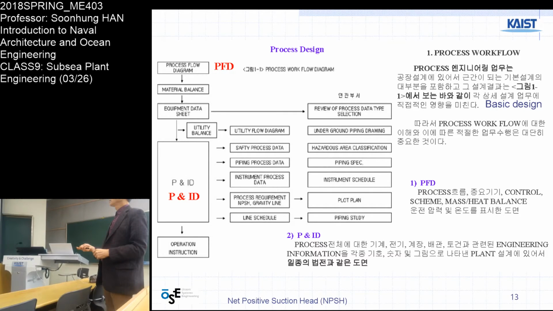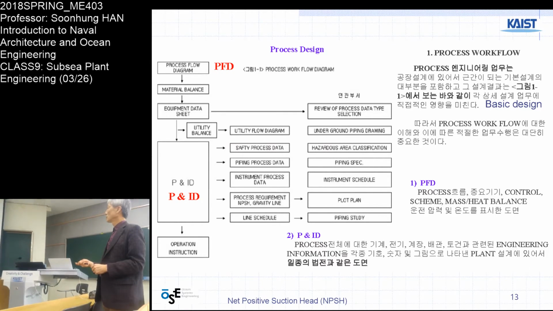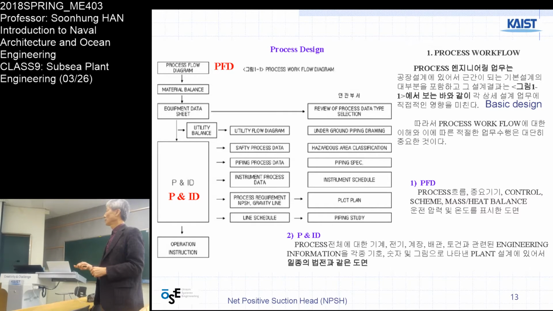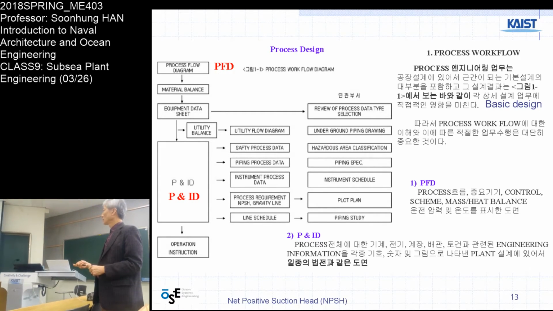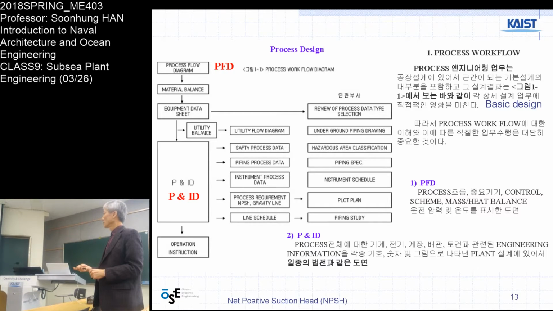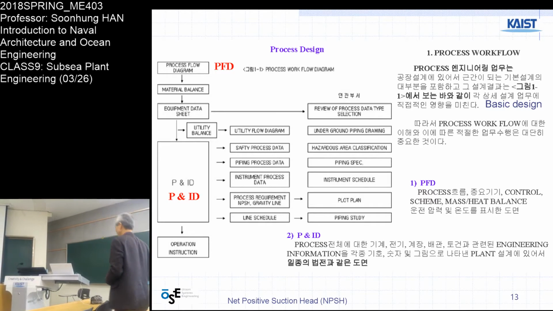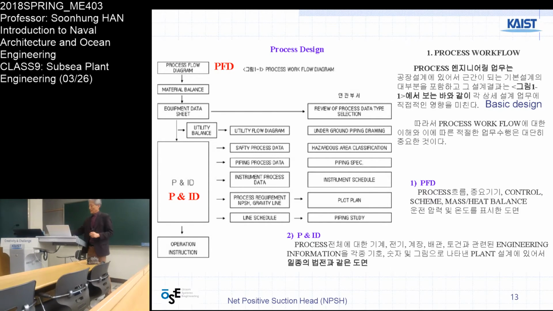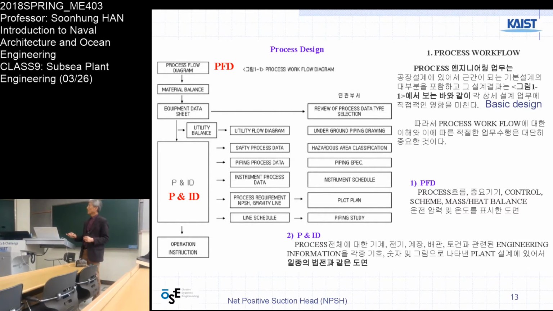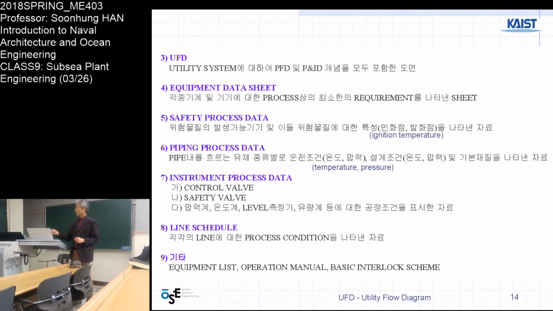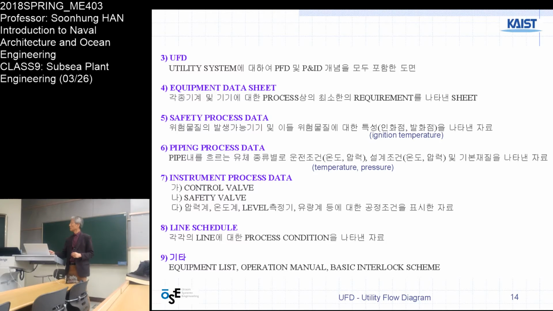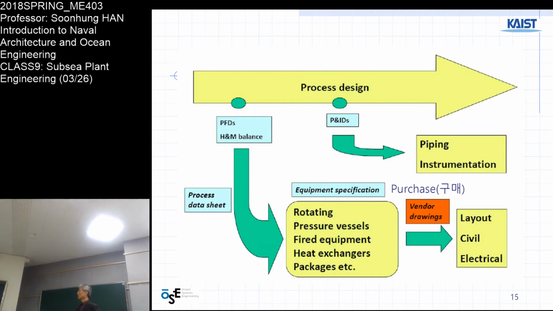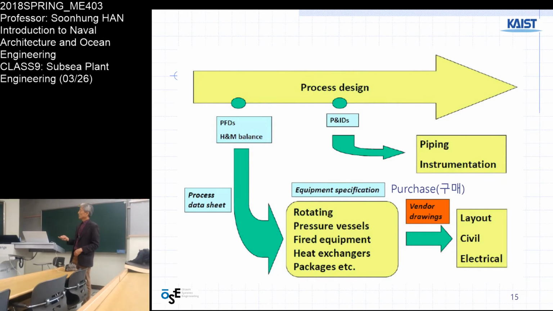And then this is a kind of drawing. It's a simple 2D design. Piping instrument diagrams. And then operation instruction. This is the process of chemical plant design. And then there is more explanation of each item. You can see, or if you raise a question, I can answer. This is the same